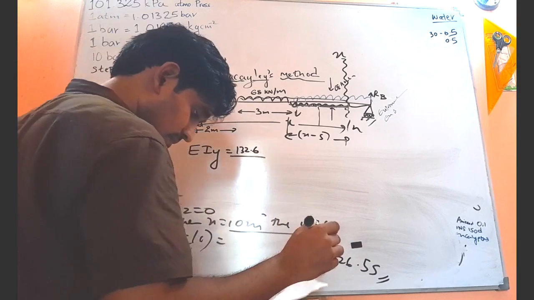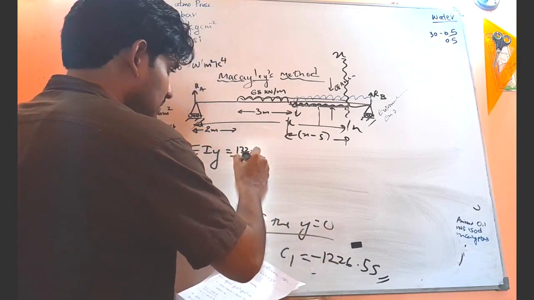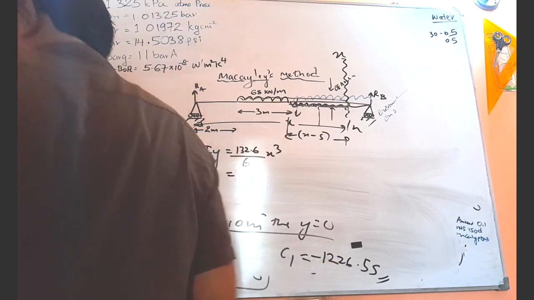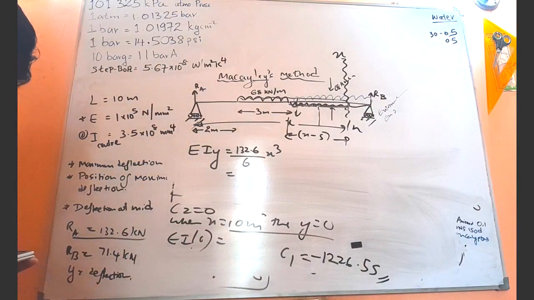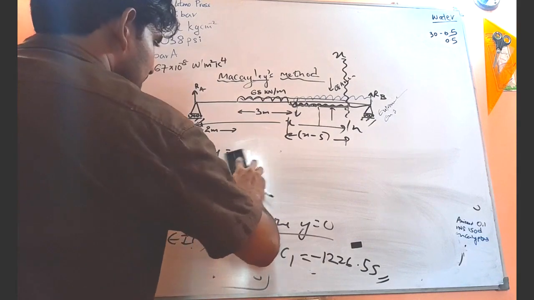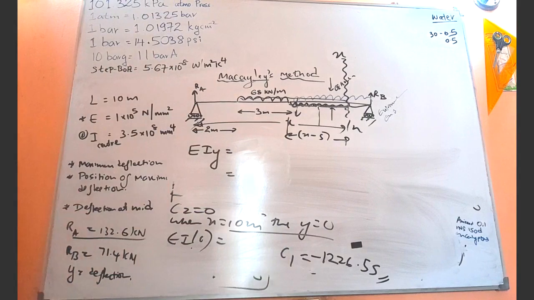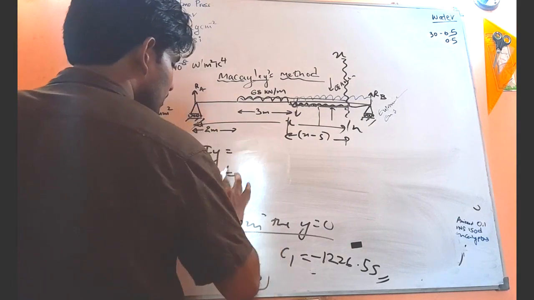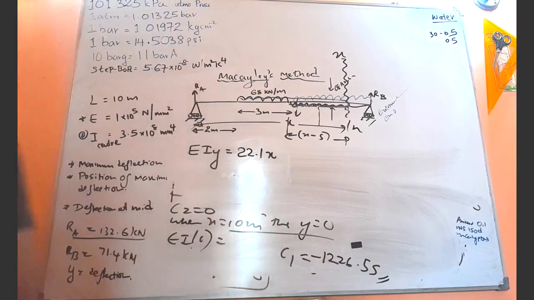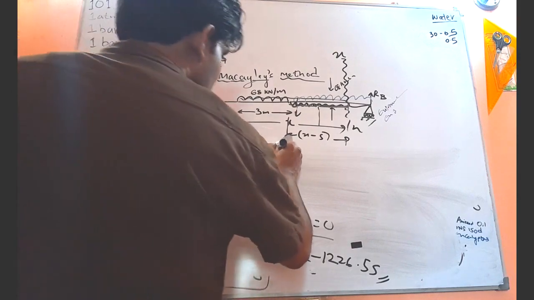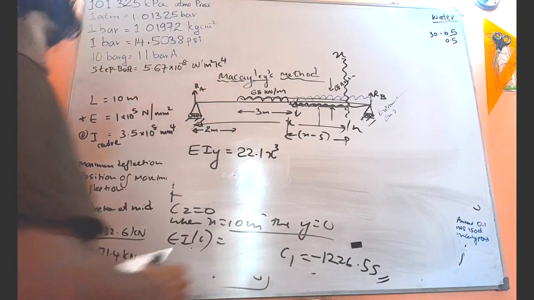132.6 divided by 6x cubed, right? But I think 132.6 divided by 6 will give you 22.1, right? Okay, then we'll write according to that format, right? Then it is much more simplified, right? So 22.1 x cubed, right? So then minus